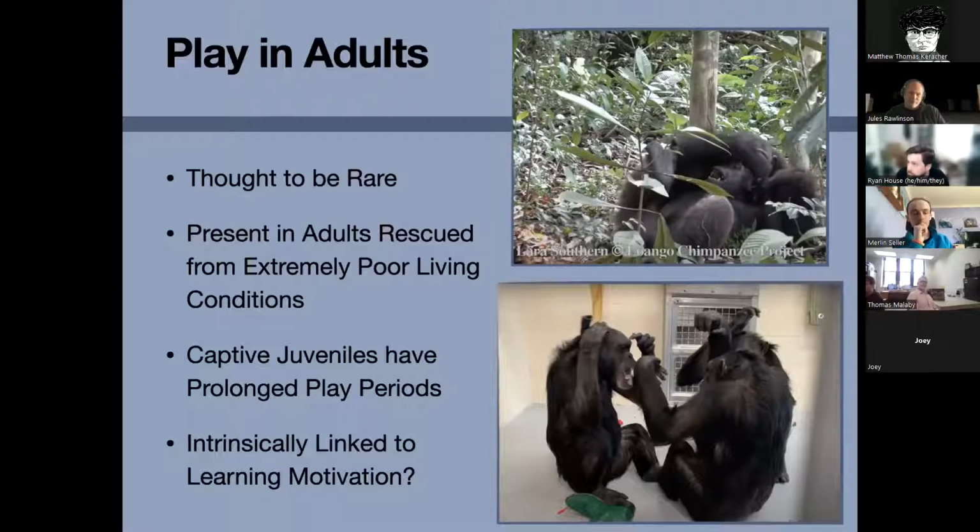So I think that these atypical play behaviors can be related to the living conditions, because worse conditions lack the ability to